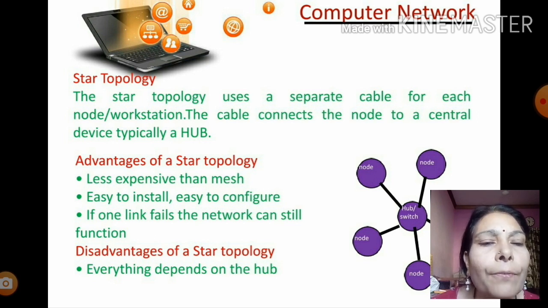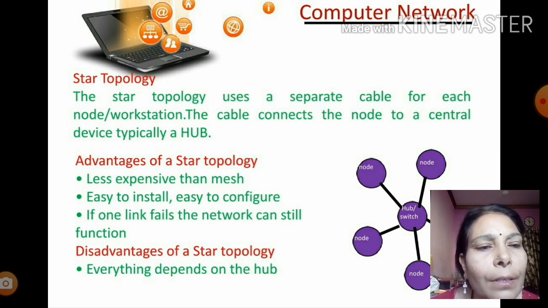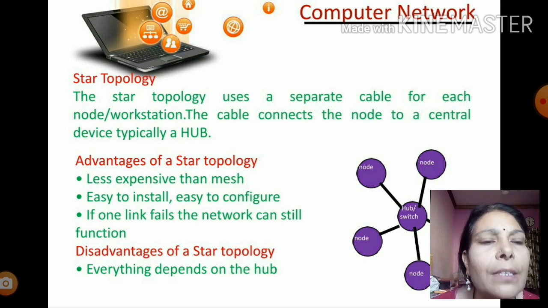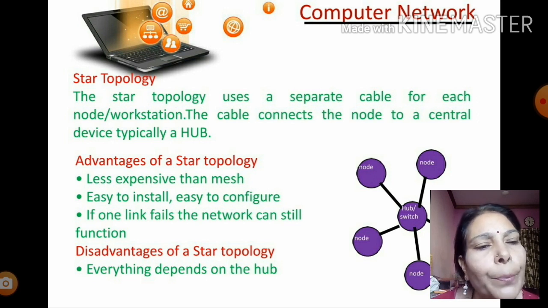If any fault occurs in any one node, we can easily remove that node from the topology, and it will not affect the whole network. The remaining nodes keep on working in a proper manner. We will just remove the faulty node from the network, so the others keep on working. It will not affect the whole topology like in the bus topology.